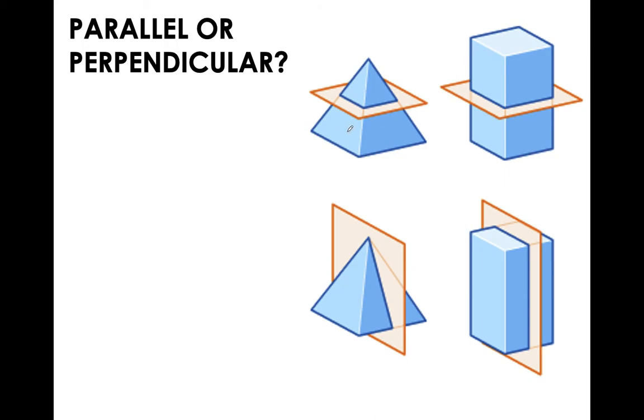Okay, taking a look at these 4 examples, we'll call this A, B, C, and D. I want you to identify what each of these slices are. Is it parallel to the base or is it perpendicular to the base? So starting with shape A,